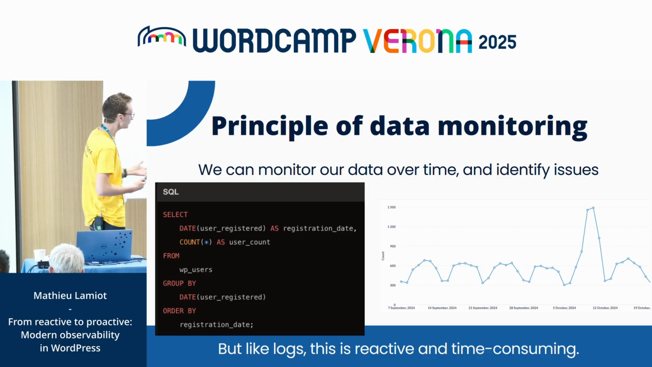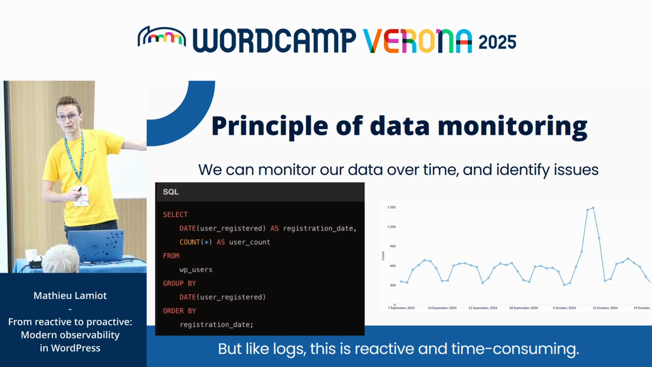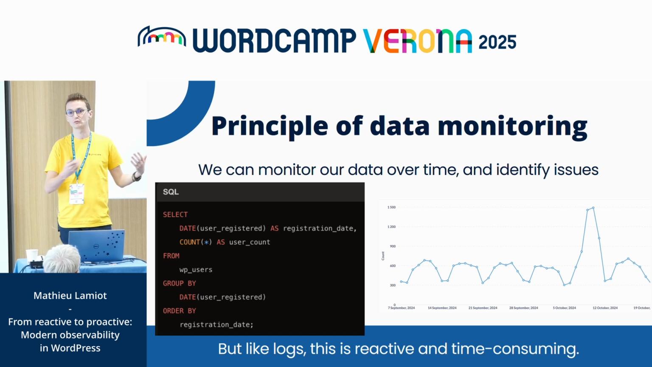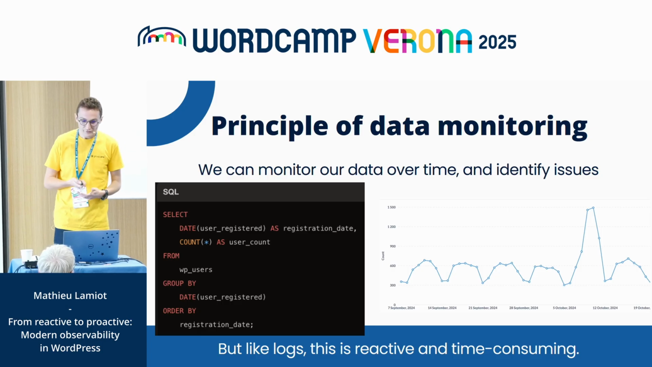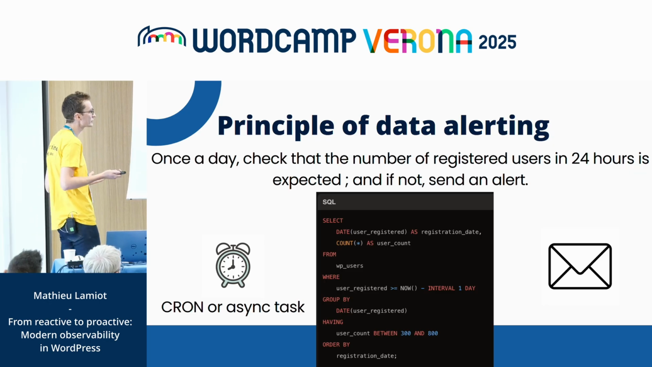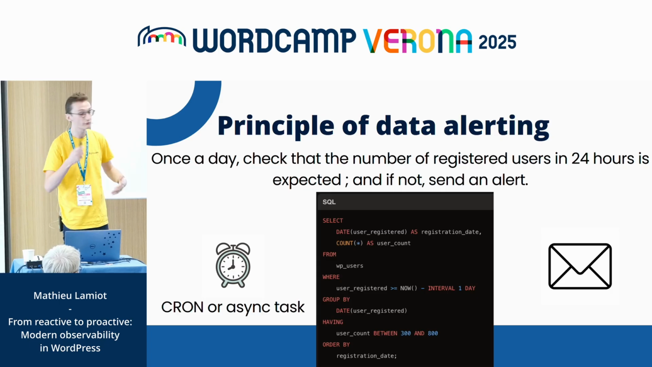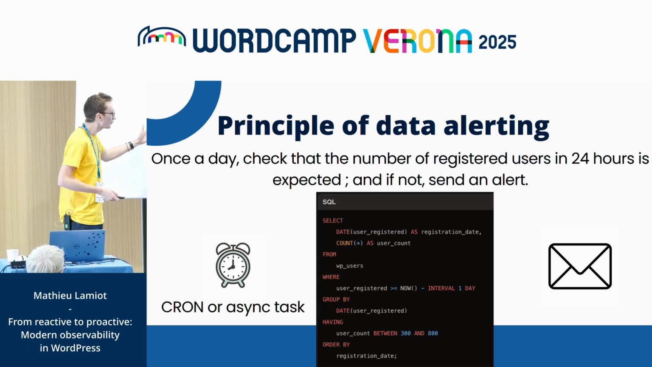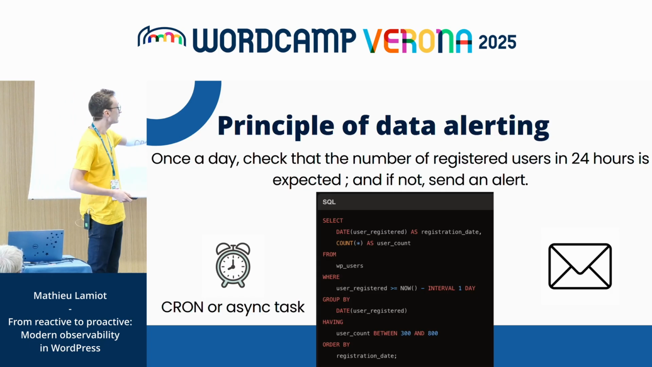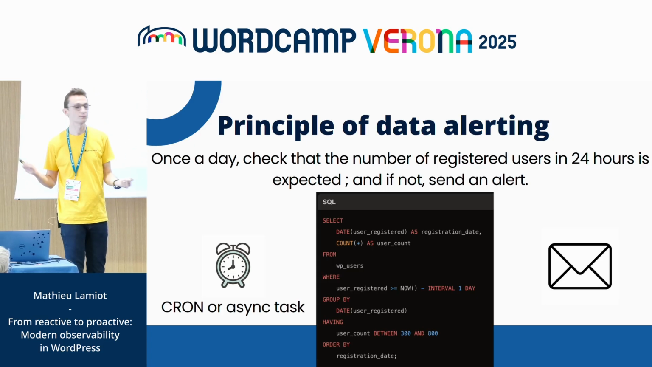So that's good. But then we did that manually, right? Someone had to think, hey, let me check that, and we saw the issue. We would like to be alerted automatically when something like this happens. This is where database alerting comes in. The idea is to say, once a day, once every hour, every week, whatever, you want to run a query. Here, the query is the number of registered users in the last 24 hours. And